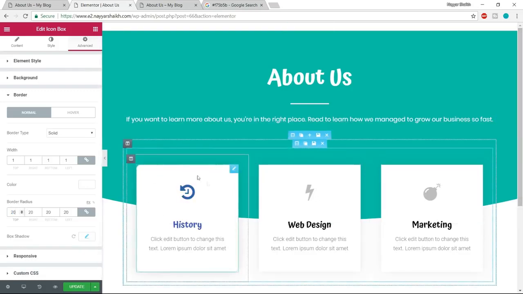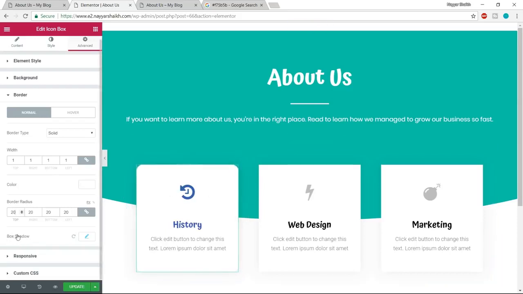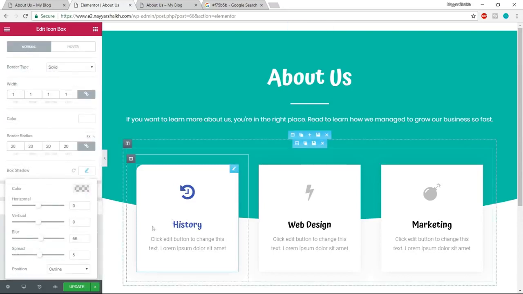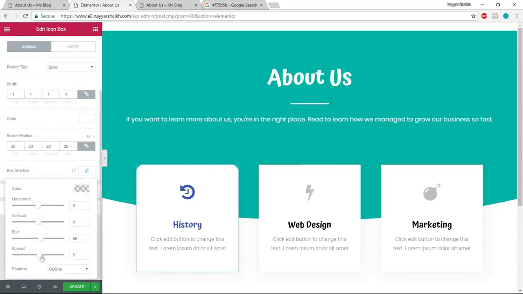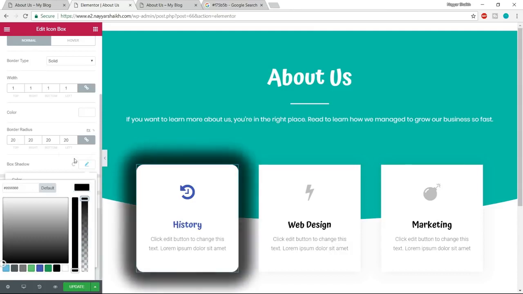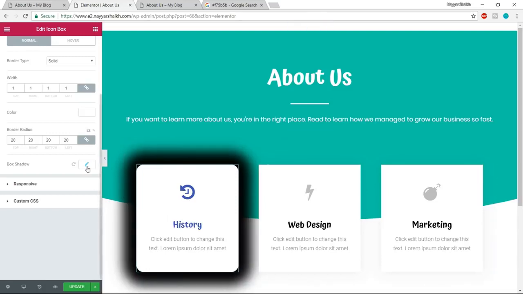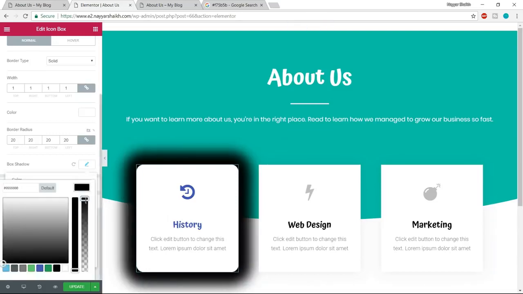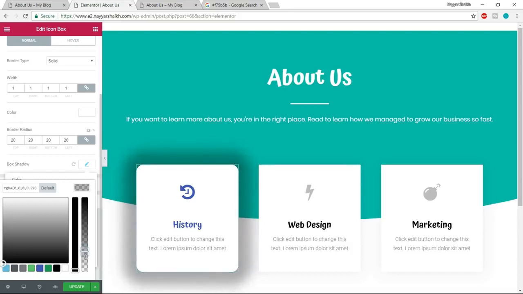Now we also have to add some shadow. So here, if you see at the bottom, it says box shadow. Click on this pencil button. Now if you want, you can increase the spread. When you increase this, the shadow will spread, and you can change the color of the shadow. If you want to make it a little darker, you can select something like this. Now you can see it more clearly, but we don't want something like this. We want something like this. Yeah,